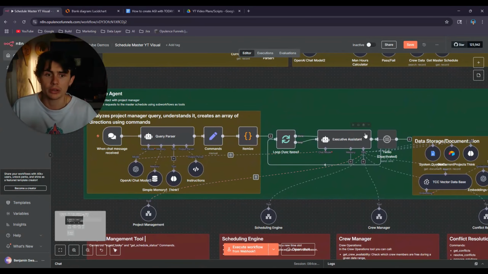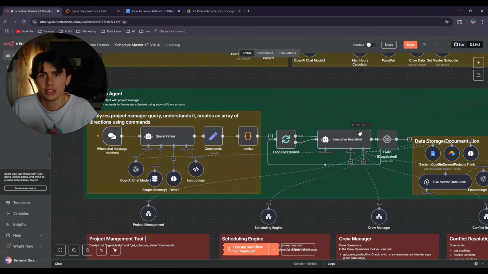So I was having trouble with the executive assistant understanding what the user meant when it was asking questions or wanted to carry something out. So if the user just asked it, what does my schedule look like this week, or I don't like how the schedule looks, or something like that, the executive assistant already had such a giant prompt for it to do query interpretation or to understand the meaning.